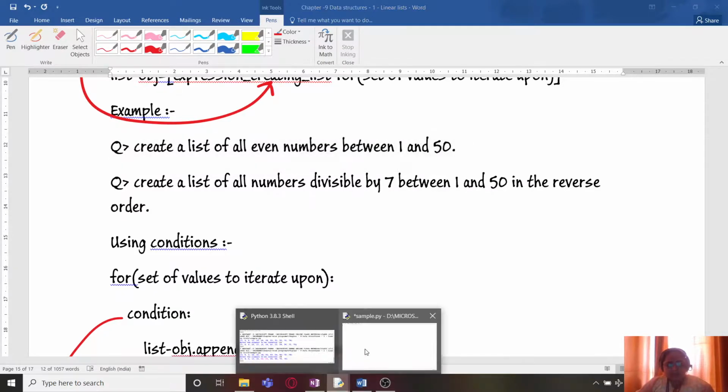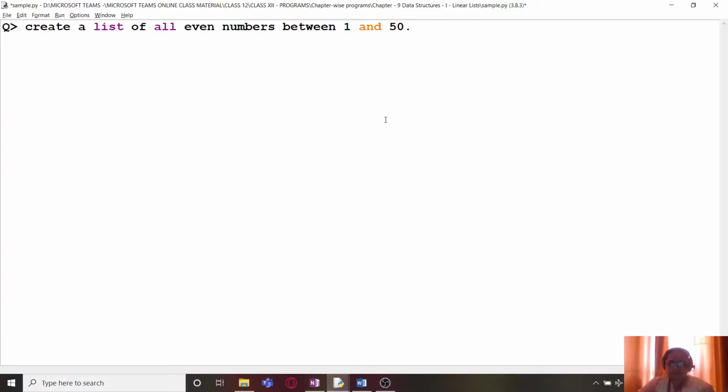So this is the example which we have. Create a list of all even numbers between 1 and 50. If we have to create a list of all even numbers between 1 and 50, usually using a program, how are we going to do it? We will first create a list, ls even equals, an empty list over here.